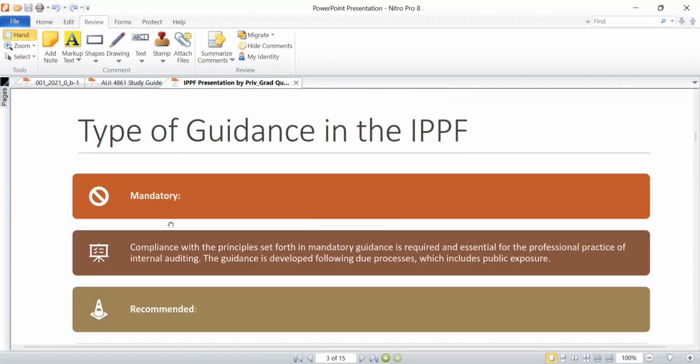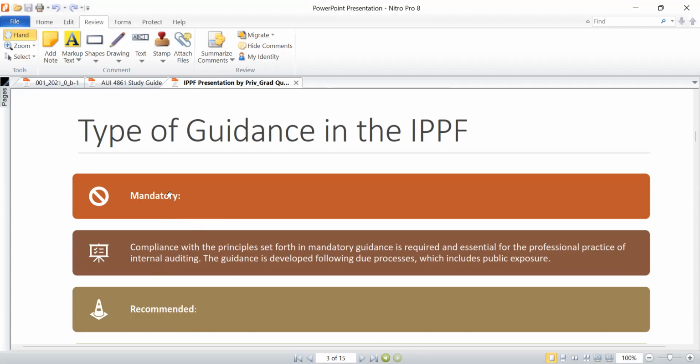Without further ado, the IPPF framework can be subdivided into 2 groups. There's a group which is mandatory, the elements which are mandatory under the IPPF, and then there's those which are strongly recommended also within the IPPF framework list of elements. Those which are mandatory, gentlemen, would include, okay, before I actually begin to give you that breakdown,